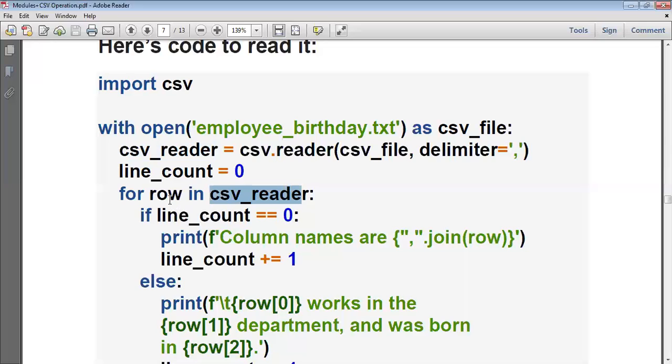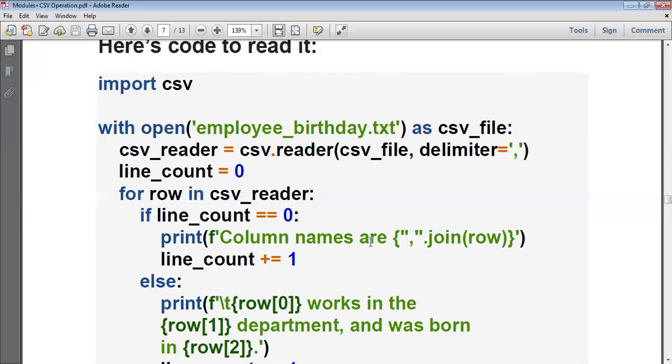I'll read the first row. The first row in the CSV file is nothing but the header, the names of the data columns. The first condition I have given is: if line_count is 0, the column names have to be displayed. Here, f means this string is a formatted string. This string consists of some formats that have to be applied to it. The f is optional; if you want to use it, you can, otherwise skip it.